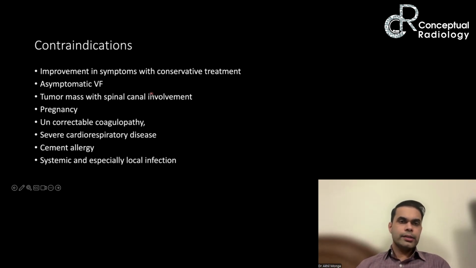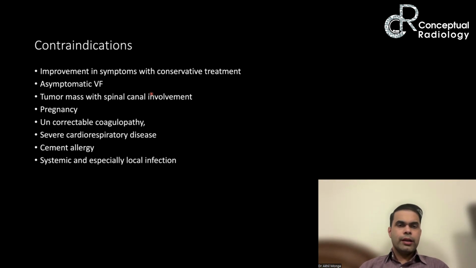And then the third is tumor mass with spinal canal involvement. In those cases, because the posterior cortex has breached and it has gone into the spinal canal, if you inject cement, you might end up pushing the cement back into the spinal canal. If there is soft tissue going into the spinal canal, the cement can also go. So you don't go there, and anyway, that patient will require surgery to get rid of the mass effect. So it's better